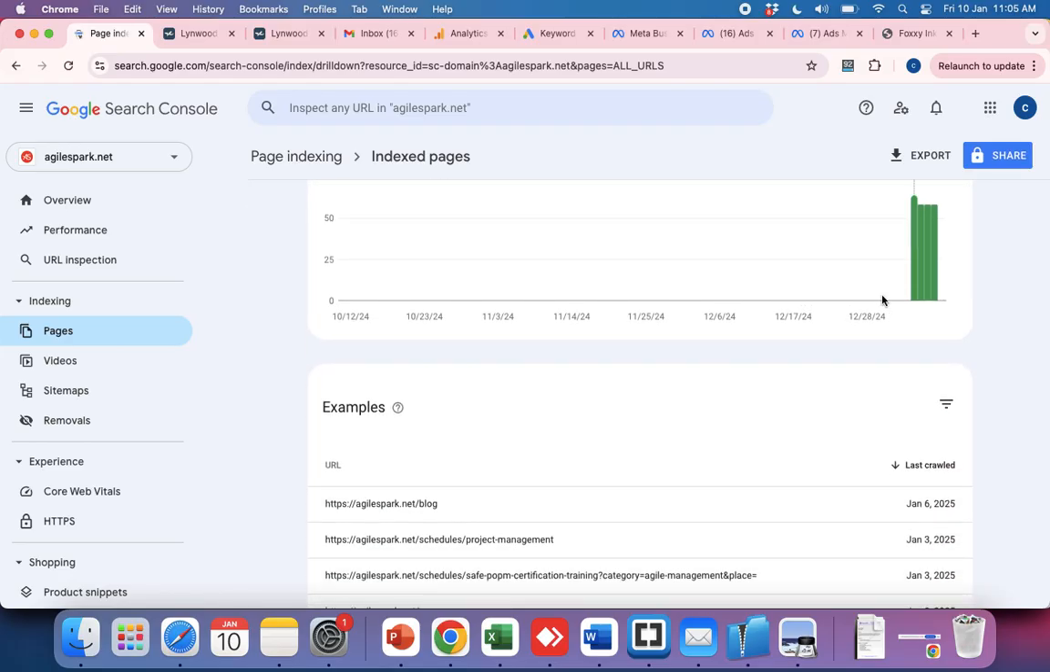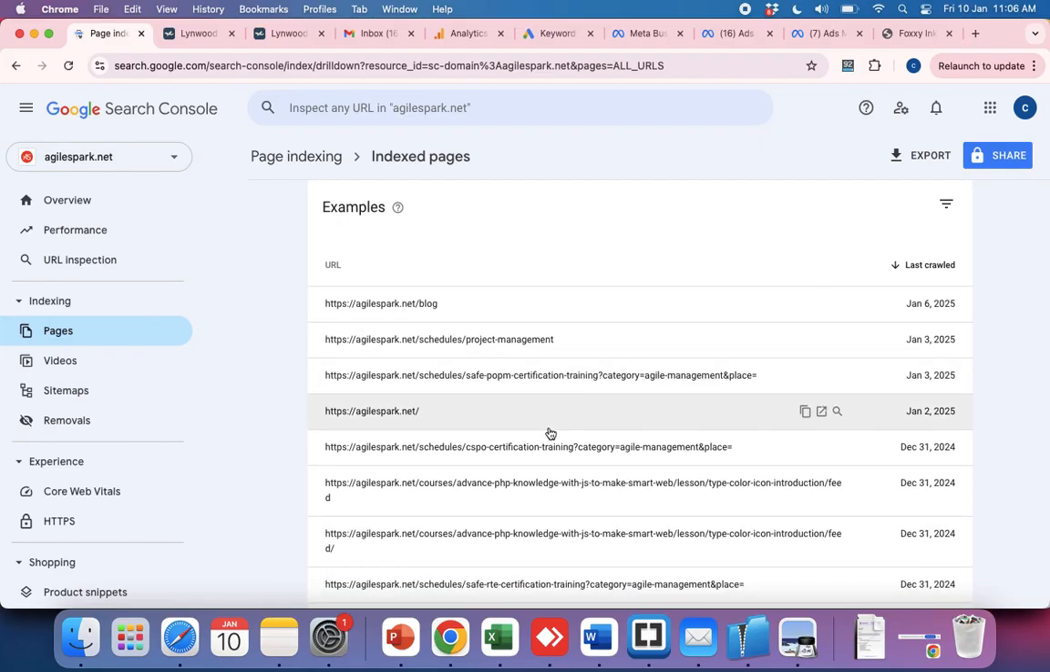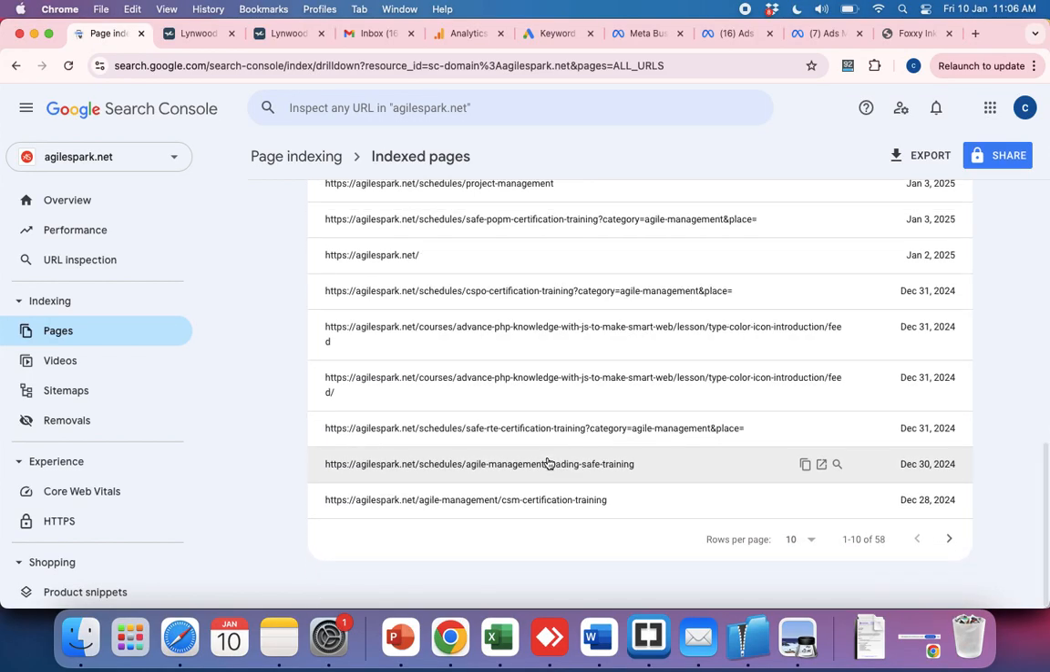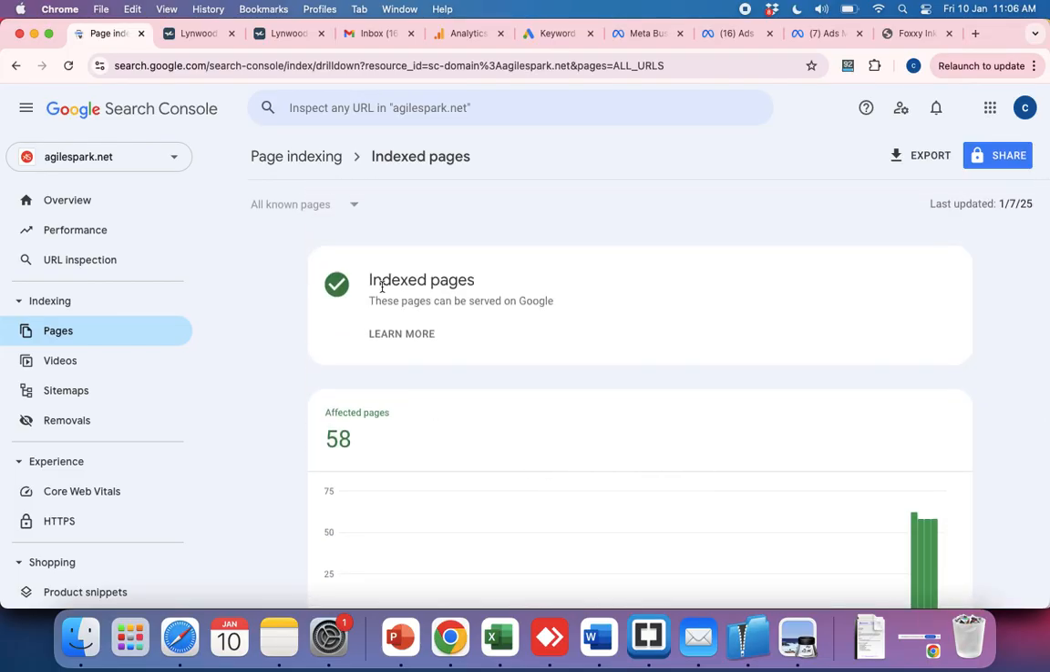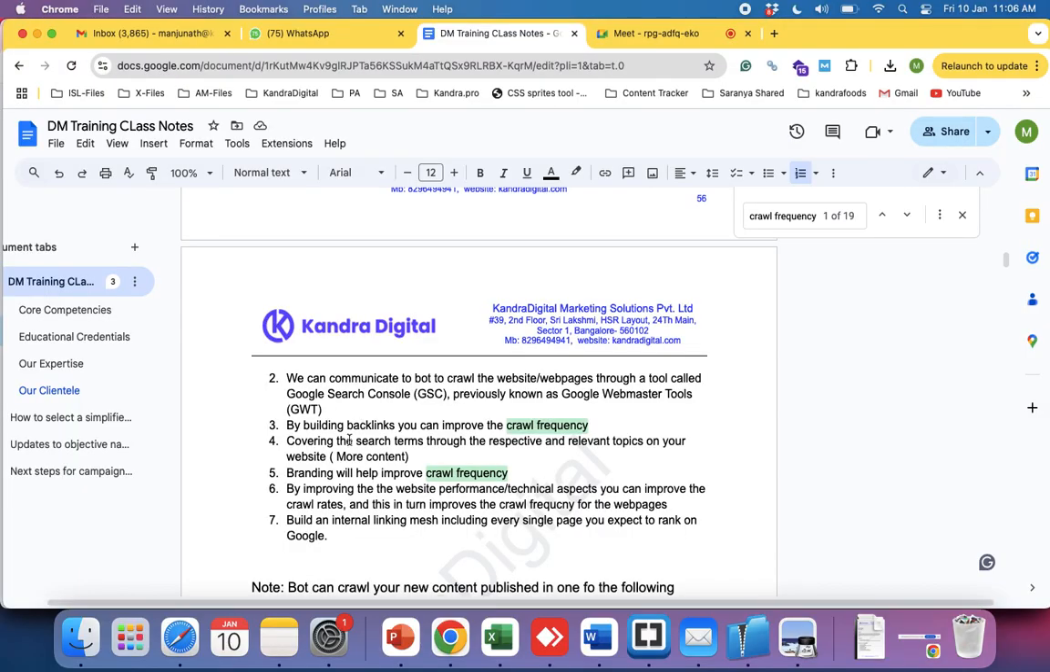So earlier you don't see any index count. You see only it here. So 62 pages were indexed, and then it fell down to 58. Which are those pages? All these pages are getting indexed. Okay. So you remember this tool? We can communicate to the bot to crawl the website or web pages through a tool called Google Search Console, right? Another most important prominent activity that digital marketers do to make their website crawl quite often is building backlinks,